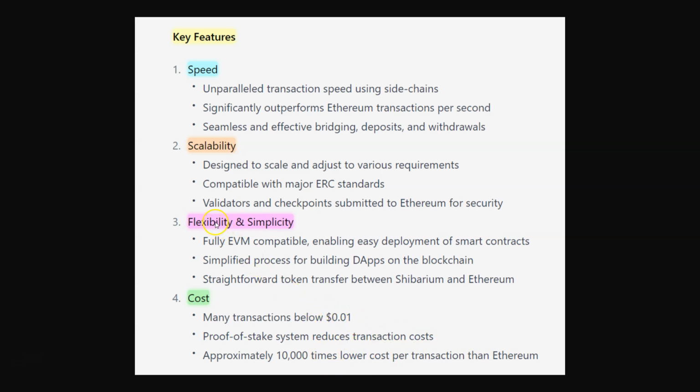And regarding flexibility and simplicity, it's fully EVM compatible, enabling easy deployment of smart contracts, a simplified process for building dApps on the blockchain, and straightforward transfer of tokens between Shibarium and Ethereum. And it's also highly scalable, and it's designed to scale and adjust to various environments. It's compatible with major ERC standards, and it has validator checkpoints to submit whenever transactions and blocks are complete to Ethereum